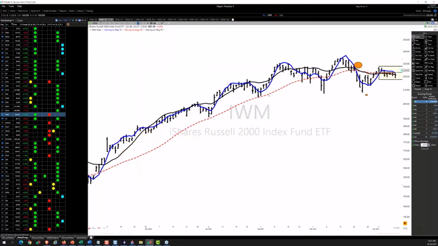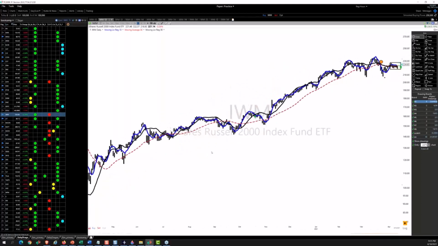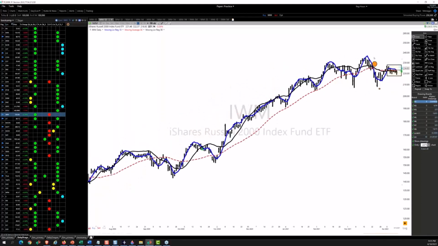I'm going to leave the 30 simple on there because I want you to see that when the 30 regression crosses the 30 simple, something important just happened, because the 30 is now the strength of the health of the trend. When the 30 is underneath the middle of the river and then reverses and it crosses, when the 30 regression crosses the 30 simple,